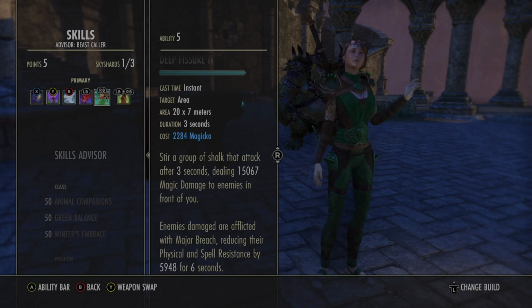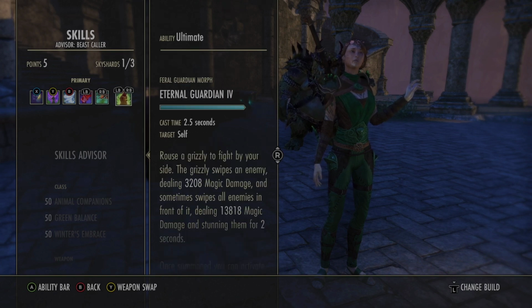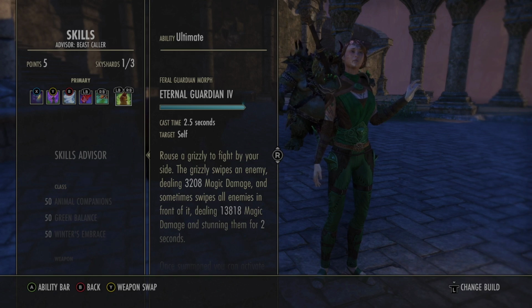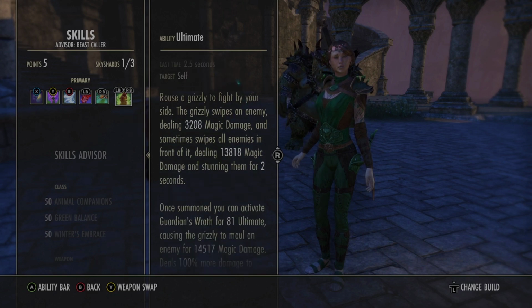Pretty solid. And for my ultimate, which is on the front bar and back bar, so I never lose it, is Eternal Guardian. For a couple reasons. One, Eternal Guardian is a very good guardian. It blocks you from being hit. Look at it, and sometimes it swipes everyone in front of it, stunning them, which procs Hrothgar, and does 13,800,